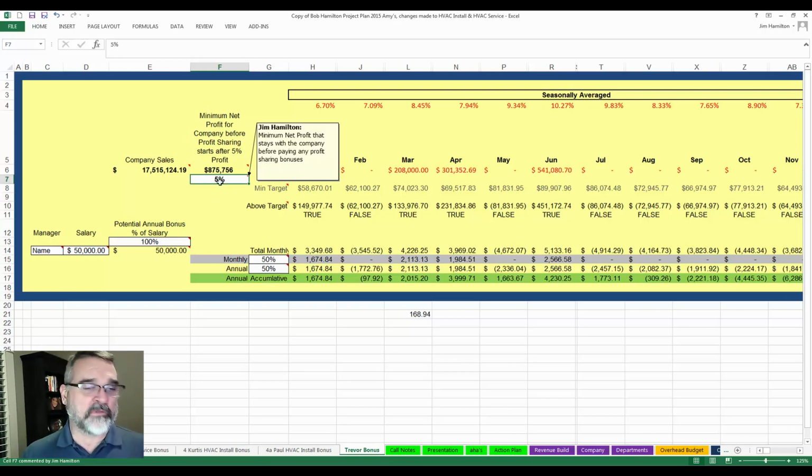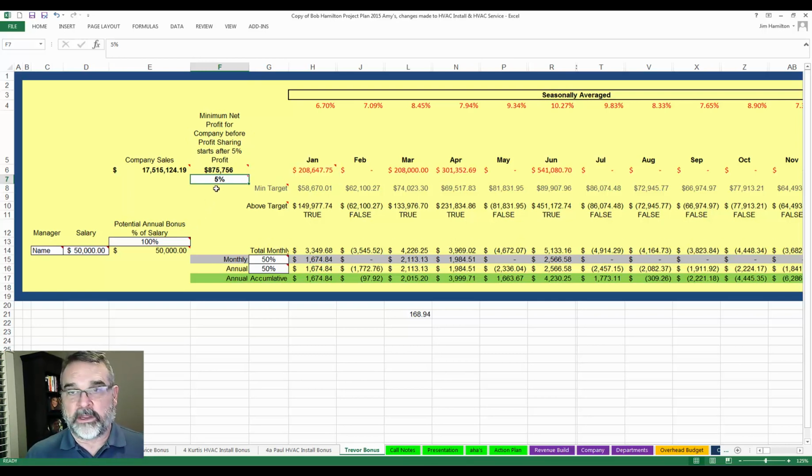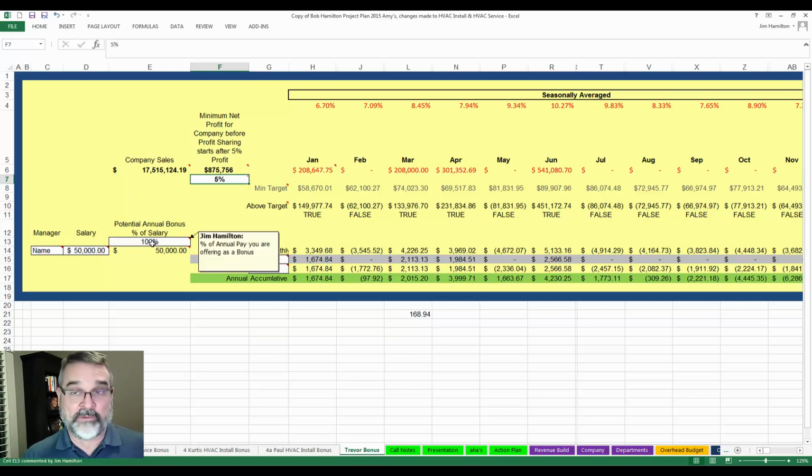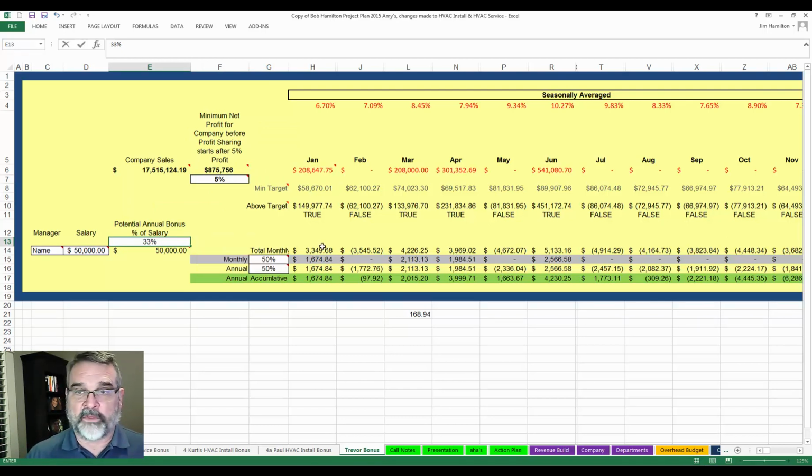Anyway, so Bob keeps the first 5 and then shares everything over the 5% profit. And so this operations manager can bonus if the company's making at least 5% profit. He has to make more than 5% profit for him to get anything. So let's just put this back here at 33%. So that means in January, this company basically